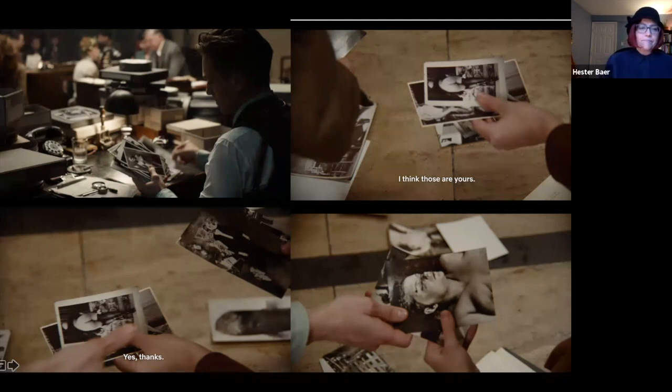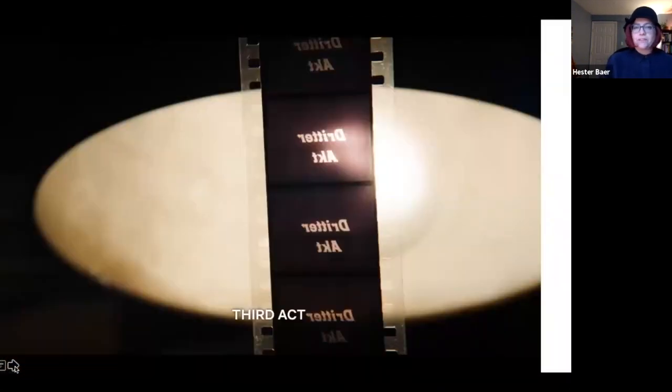And I just had a couple of screen grabs that depict aspects of that focus. We see the photographs, and then we see the film strips, and then we see this one single frame of a film that is the sought-after piece of evidence,